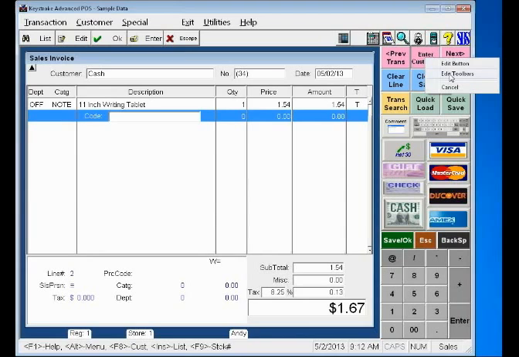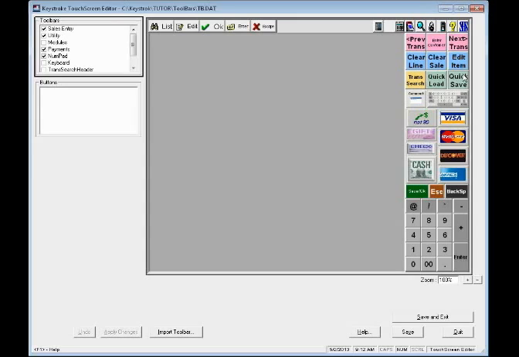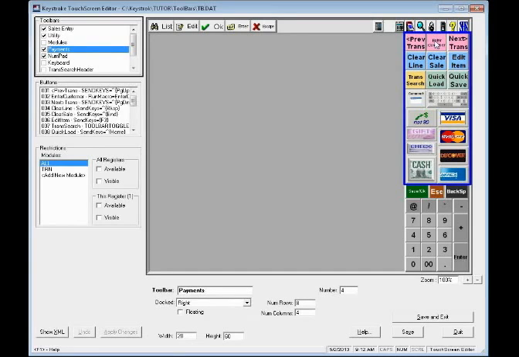And go Edit Toolbars. And one other thing I wanted to point out from last week's is when you click here inside our touchscreen editor, the first time you click, we're highlighting the whole toolbar. You'll see the blue box around the toolbar. You'll see the toolbar highlighted name over here, and you'll see down here it's toolbar, payments, and this is information